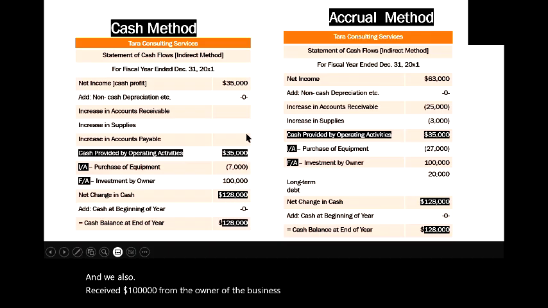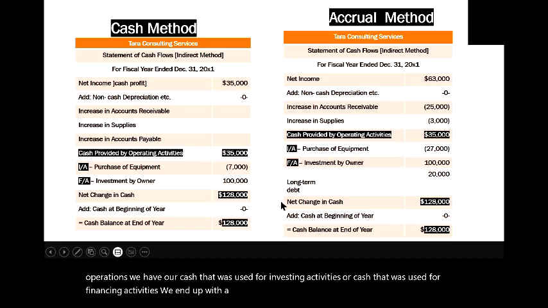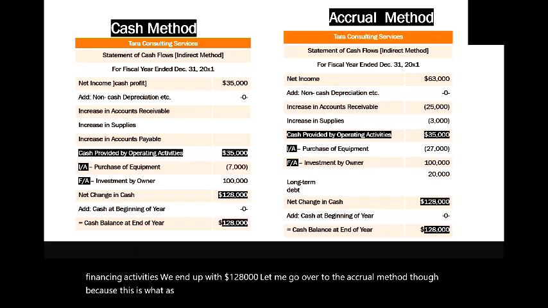And so we have our net cash inflow from operations, our cash used for investing activities, and our cash used for financing activities. We end up with $128,000. Let me go over to the accrual method though, because this is what, as I said, you should expect